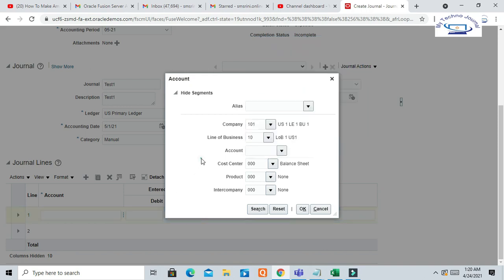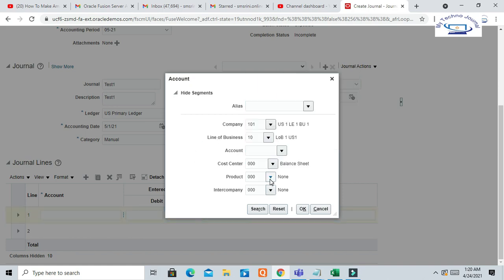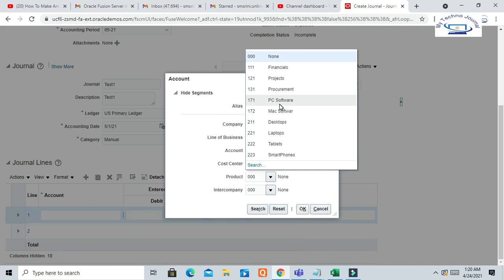Similarly for product line, suppose for the 101 legal entity or company code, these are the product lines they are dealing with: financial and project. So how can we establish a relationship?